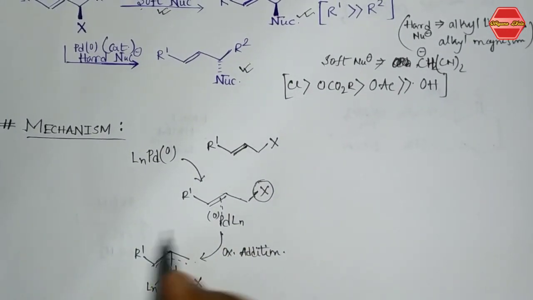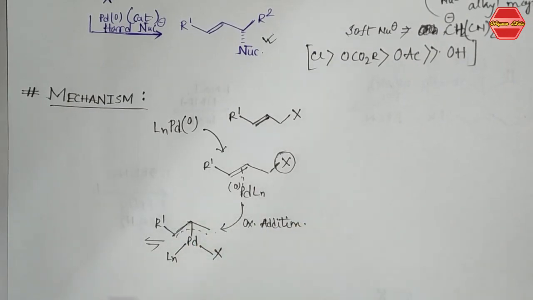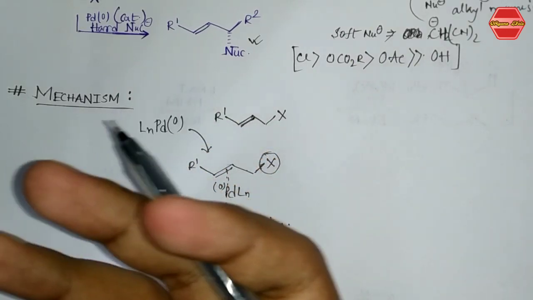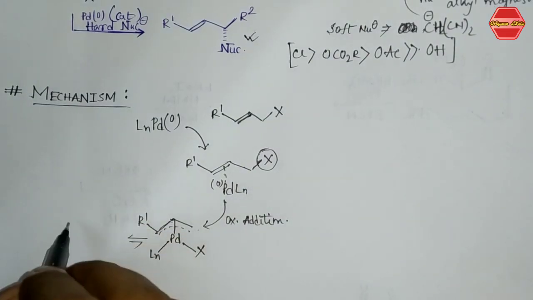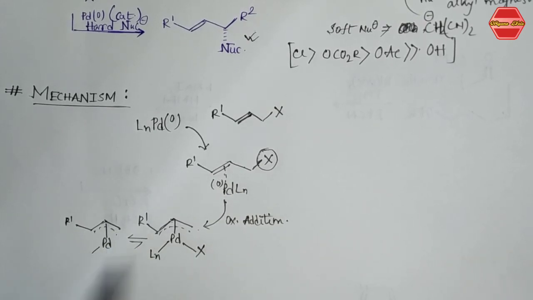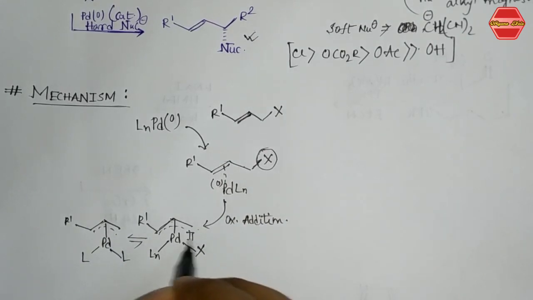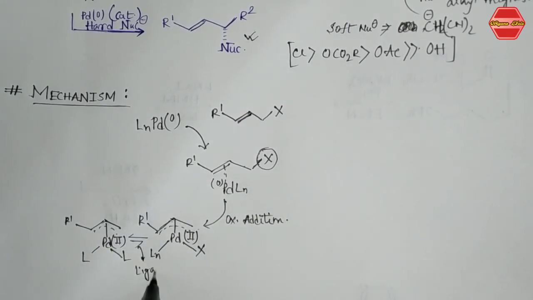Now after that, there is another possibility for this oxidative addition: a ligand exchange takes place first, because you are using some kind of ligand. The ligand is basically PPh3, dibenzylideneacetone, or any kind of ligand you can use over here. The ligand exchange is very rapid. So this ligand exchange takes place, this X group will leave from the system, and you are going to get another. So this is your palladium 2, and here is also your palladium 2. So this is your ligand exchange step, right?